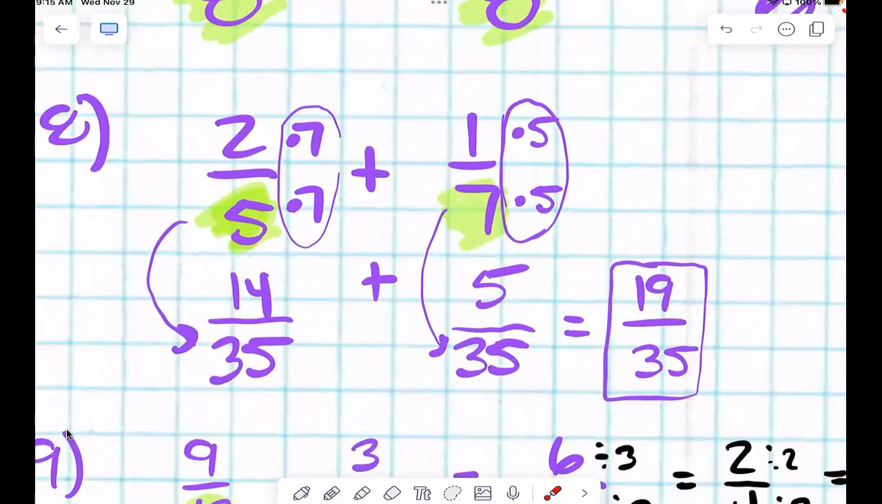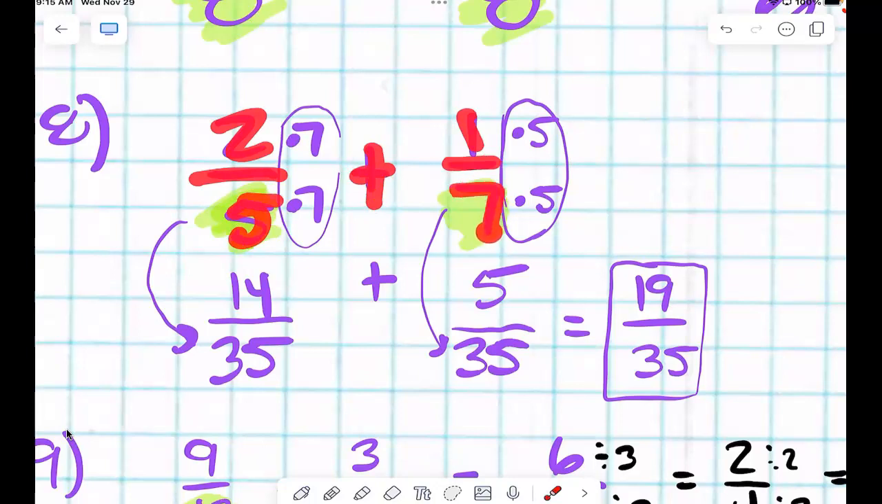Whoa, boy. We have 2/5, so here was our problem. 2/5 plus 1/7. So you see the problem, right? What do you know about the denominators? They're not the same. So do we need to find a common denominator? So what number does 5 and 7 both go into? 35. So 35 down here is actually called a